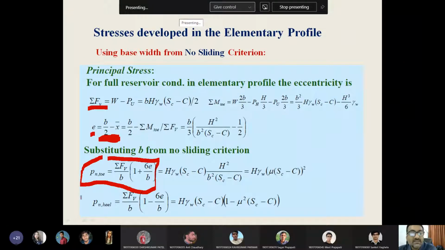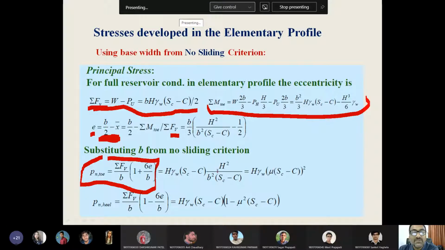ये सोचने लायक और समझने लायक बात है। थोड़ा ध्यान दें कि यहाँ जो इक्वेशन ले रहे हैं, वो E इक्वल टू B बाई 6 ले रहे थे। यहाँ E की वैल्यू, वेरिएबल लेते हैं, B बाई 2 माइनस X बार, जो हमारी स्टैंडर्ड है। B बाई 2 X बार हमने देखा था द मोमेंट डिवाइडेड बाई समेशन ऑफ वर्टिकल फोर्सेस, जो एलिमेंट्री प्रोफाइल में लग रहे हैं, और टॉप पे जितनी मोमेंट लग रही है, उसकी कैलकुलेशन हो गई। तो ये इक्वेशन जनरेट हो गई,